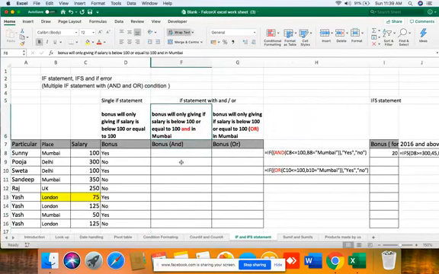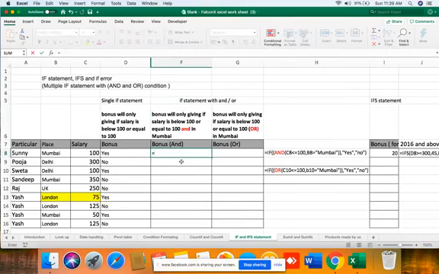Now the second condition which we want to solve is that bonus will only be given if the salary is below 100 or equal to 100 and the person is in Mumbai. Here we will use the AND condition. So first logic is C8 should be less than or equal to 100. Second is that B8 should be equal to Mumbai.